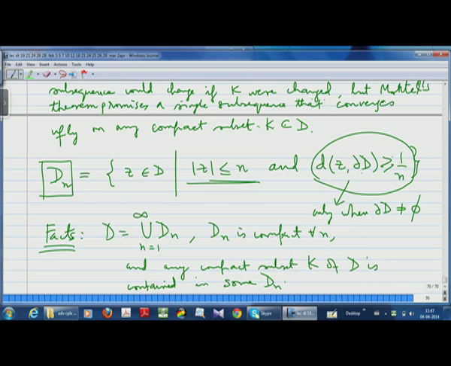So this is the beauty about this collection Dn. And you see, it's this compactness that I am worried about. Each Dn is automatically bounded. There is no problem about that. So the only thing that prevents it from being compact is it not being closed. If you check that each Dn is also closed, then each Dn will become both closed and bounded, so it will become compact. Now the big deal is that for making sure that each Dn is closed, I have put this extra condition that the distance of z to ∂D is greater than or equal to 1 by n. That's the reason I put it.